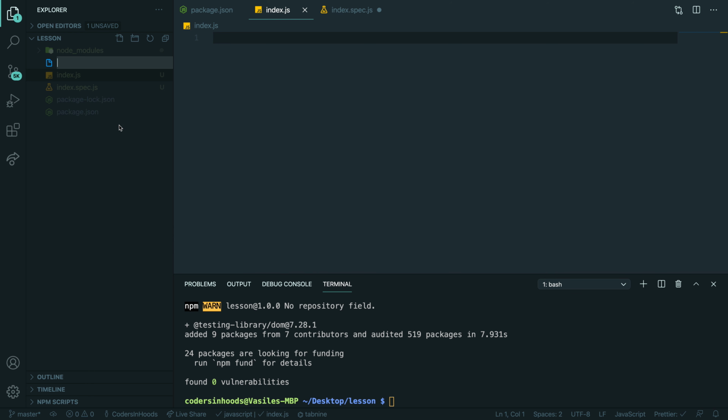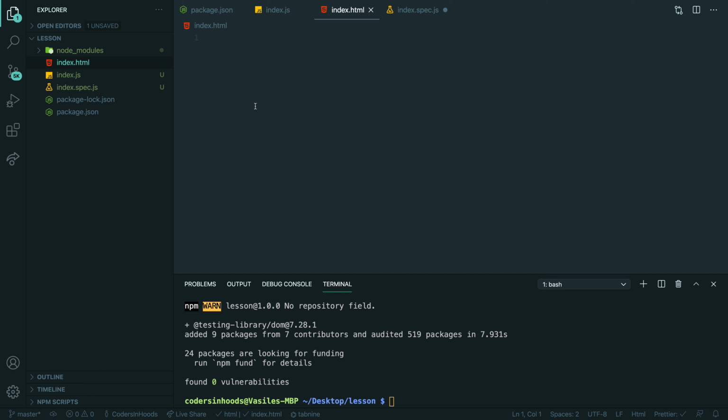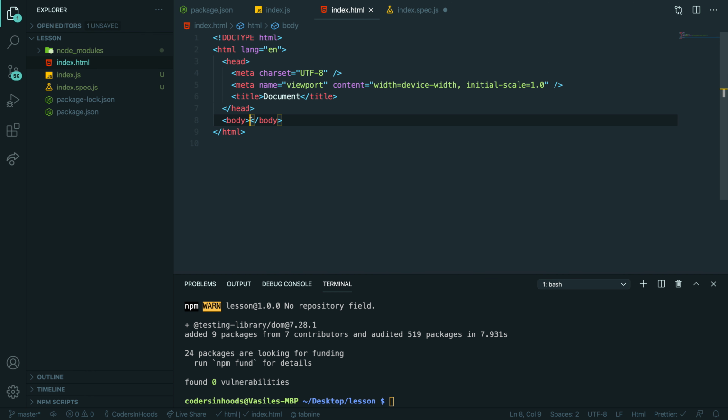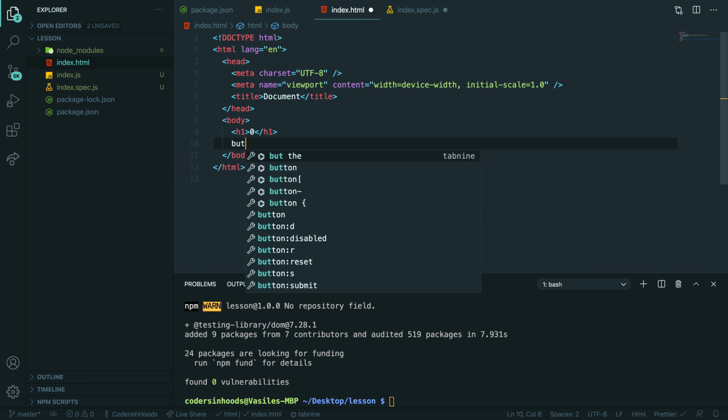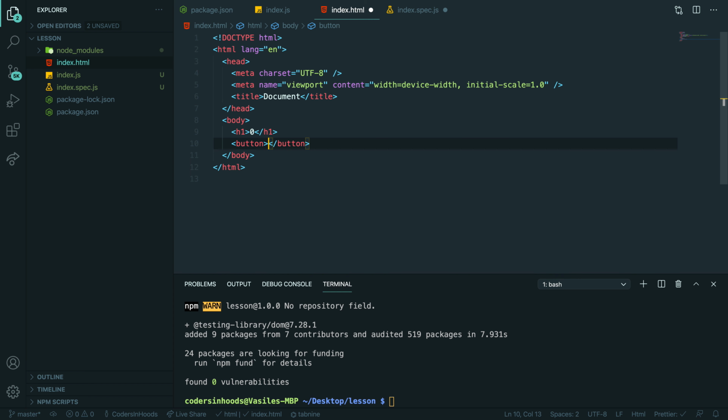So let me create index.js. Do I have index.js? No. I want to create index.html. And we will create an h1 where the counter will be 0, and a button will be increment.